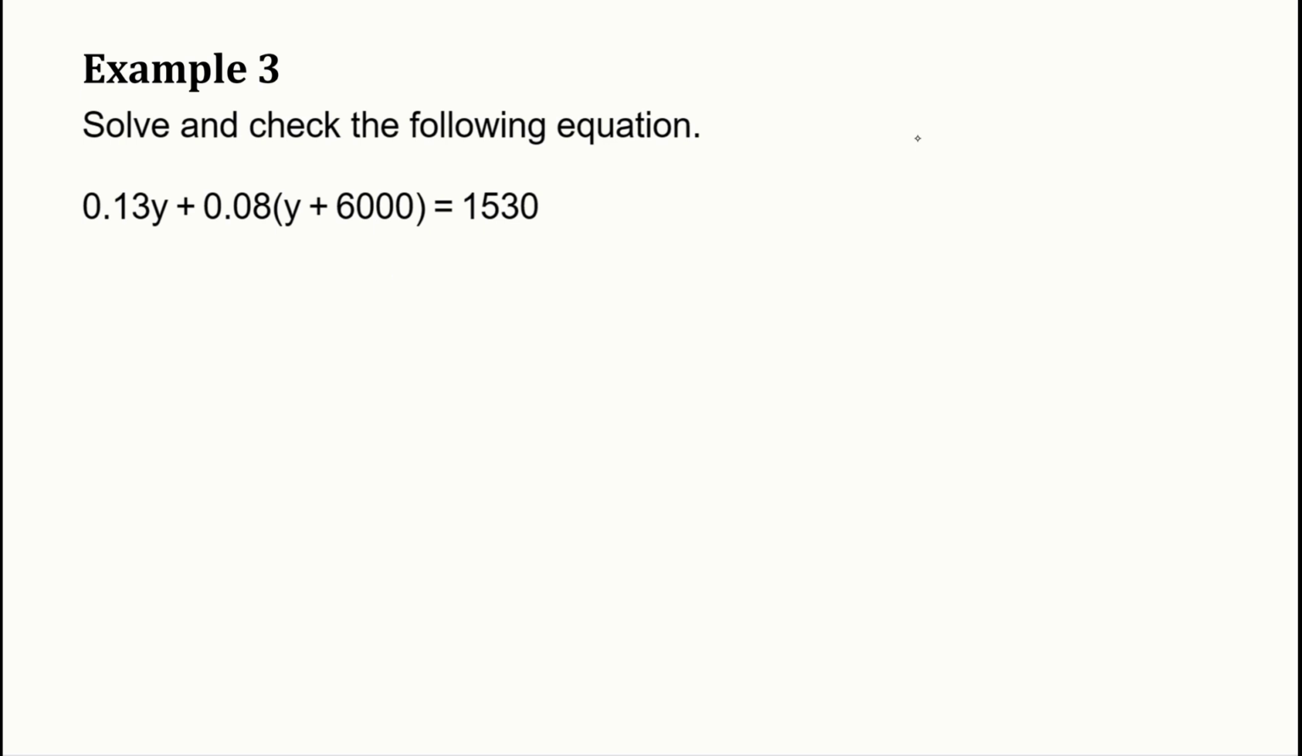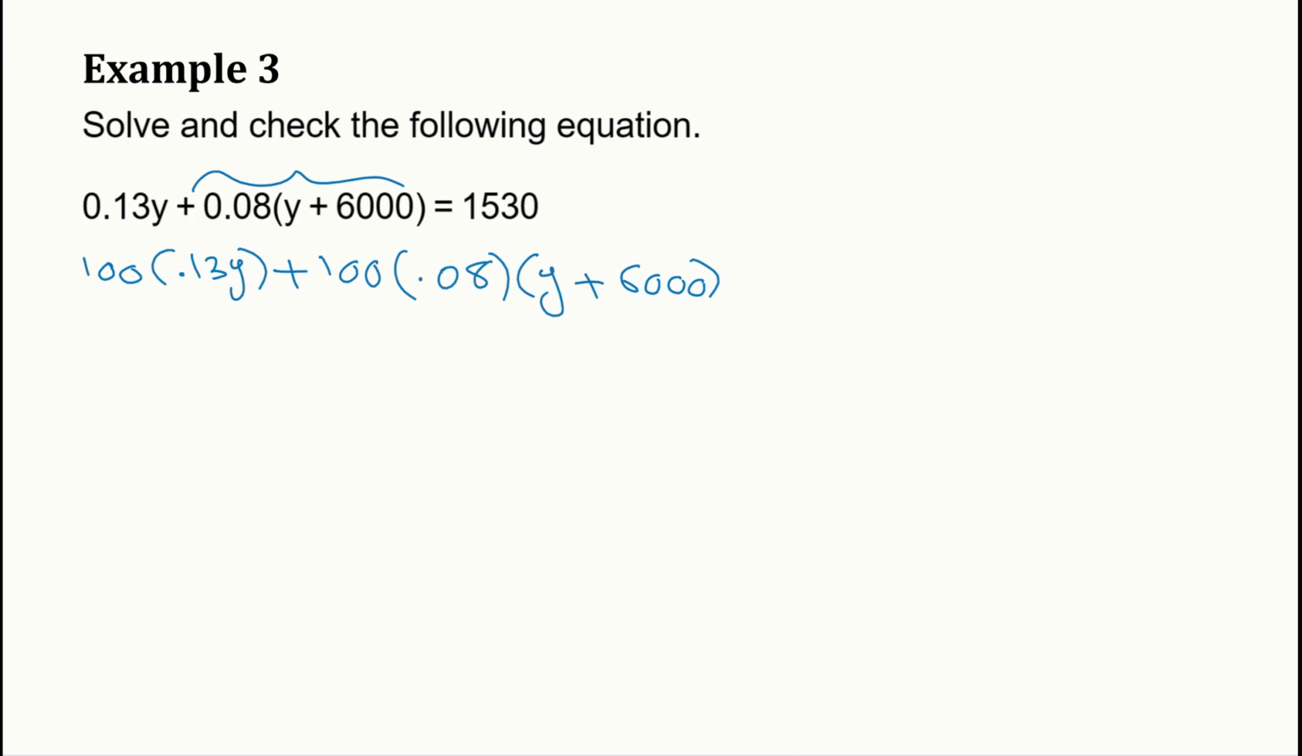And don't forget, we're going to distribute that 100 as well, because we're multiplying it by an expression which is a sum. So we get 100 times 0.13y plus 100 times 0.08 times y plus 6,000. Now remember, this whole thing is one term, right? So you don't multiply the 100 by the 0.08 and also by the y plus 6,000, because once you've multiplied it by the 0.08, you're done for this term. And on the other side, we get 100 times